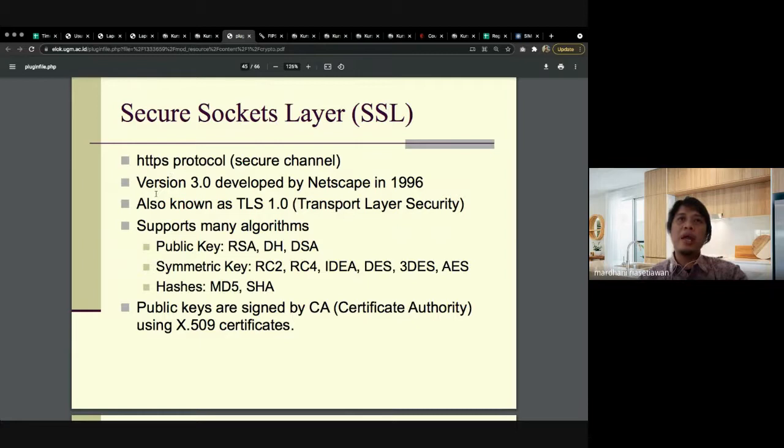And this is known as TLS 1.0, Transport Layer Security. It can work with many algorithms, using RSA, DSA, symmetric key, and also the hashes themselves. And then the public key is signed by a CA, or certificate authority, using an X.509 certificate. So that's the important thing that you need to understand, that blockchain also works with this